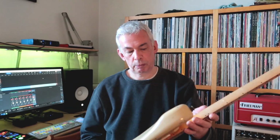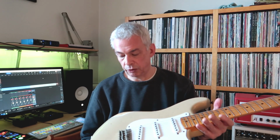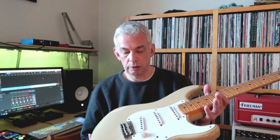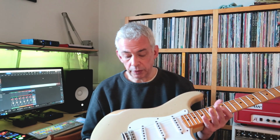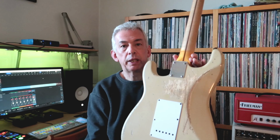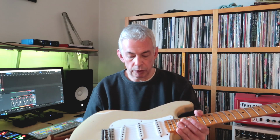So staying in the Fender realm, this is a 60th anniversary Strat reissue, custom shop. So it's the 60th anniversary, 1954 Fender Stratocaster in, I think it's Desert Sand, which I think was a Fender undercoat. But they did them in all sorts of colours, sunbursts, this Desert Sand, other colours as well. It's kind of like a heavy aged, so all the varnish has been taken off the back of the neck. It's got a nice stripe in it, lots of wear in the back, and the 1954 style pickup covers